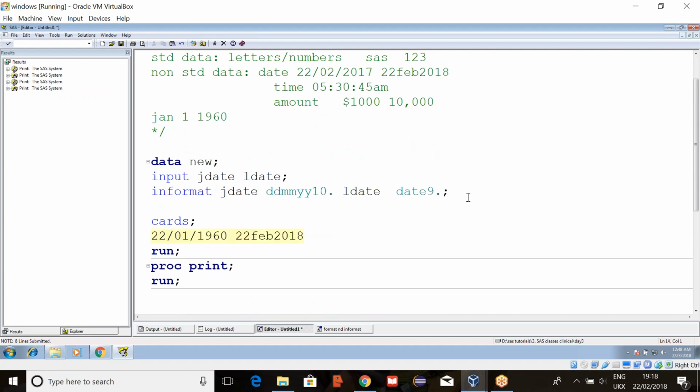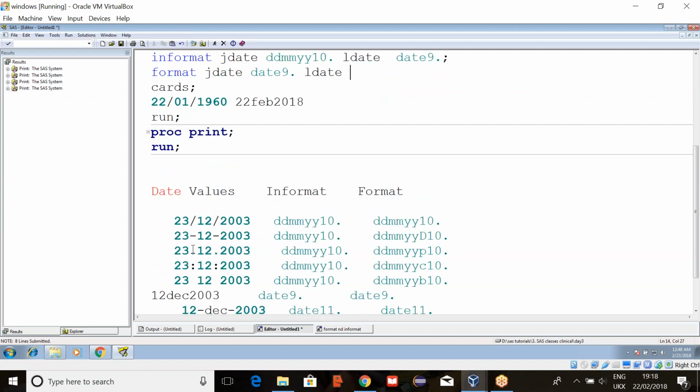So here write FORMAT, again the date variable, and now this is our wish. It is not mandatory that we use the same informat; however you want to print. It is like this, but I want to print like this, so I can use DATE9 here. For leaving date, I want to print using periods or colons or hyphens.